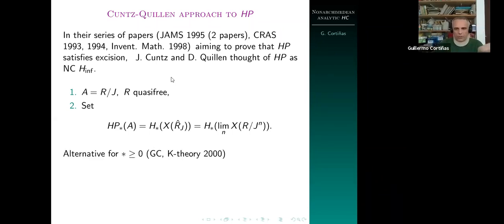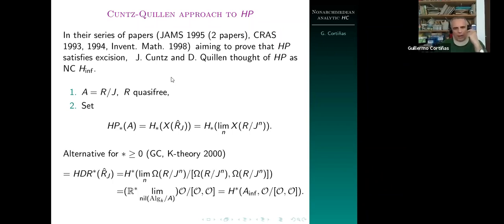So if you are willing to allow for that, so you look only at n bigger or equal than 0, then you can also use the non-commutative de Rham complex of the completed algebra R,